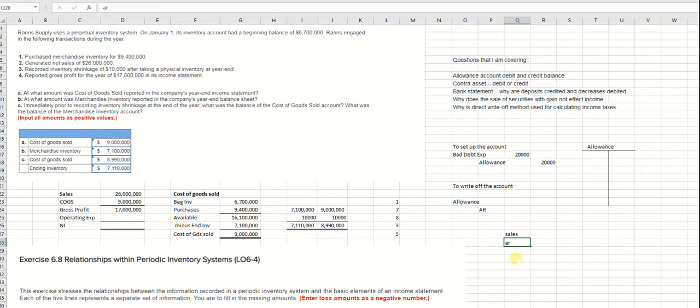Okay, so I've determined this is year one. I have never been in business before, so I started business on January 1st, 2018. Okay, so at December 31st, 2018, I want my 2018 financial statements to be correct. So I look at my accounts receivable and I age them, and I determine that $20,000 should be in the allowance. So notice I credit it. Okay, I do this on December 31st.